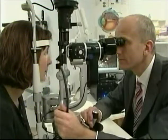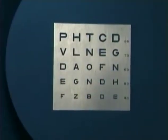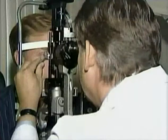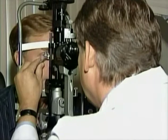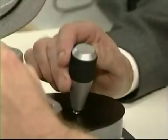What shows up? Diabetic retinopathy is the disease that affects the retina. The retina is the inside lining of the eye. It's kind of like the film in the camera. So diabetes, the whole problem with diabetes is damage to small blood vessels. It's a microvascular disease. So it causes problems with blood vessels like leakage of fluid, like closure of blood vessels,